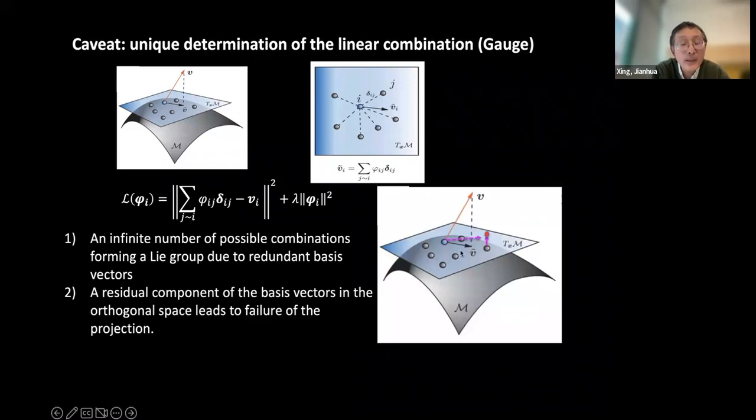Because I have redundant basis functions, basis vectors, this is not a perfect approximation of this manifold. Most likely, you will have some small component along this orthogonal subspace. So when you try to do this, because of redundancy and this residual component in the orthogonal space,